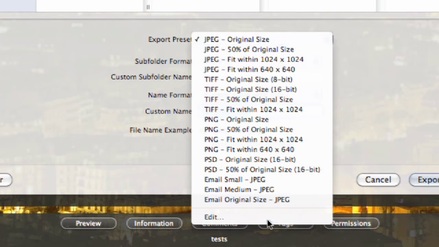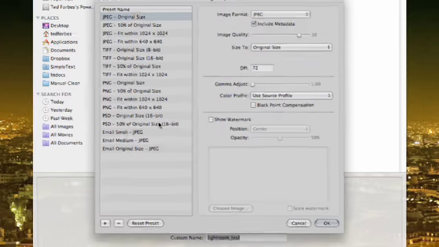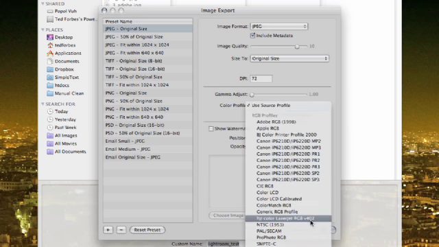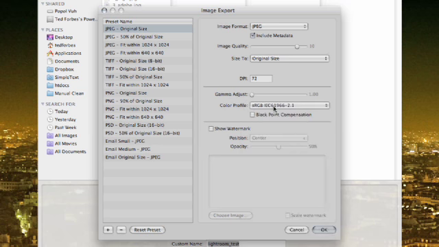And what I want to do is I'm going to go down and I'm going to say edit this. Under the edit window, there is, for the color profile, I can use the source profile, but typically what I like to do is go down here and force it into sRGB. Okay. Now, one thing that's important to know about this, and you can turn the black point compensation on also,